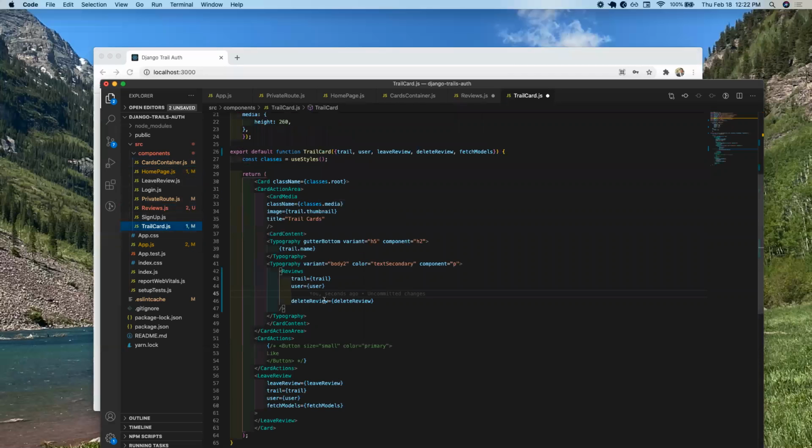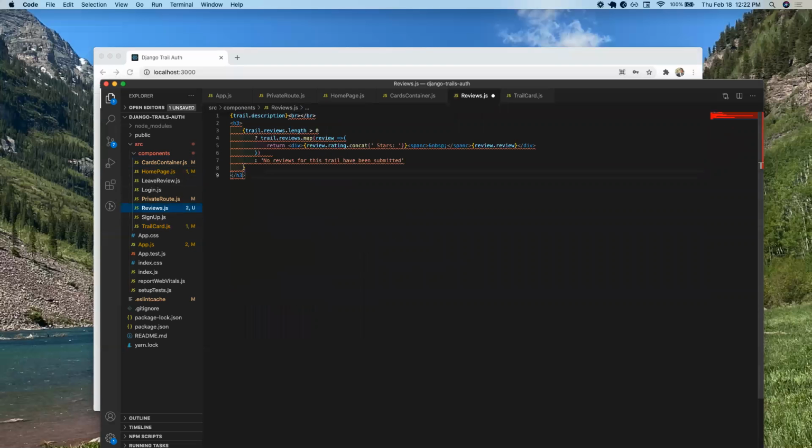And the user is the user, or we have our delete review right there. And we also need to fetch the models like so. Pass that down like that. I think that should be okay for now. And our reviews